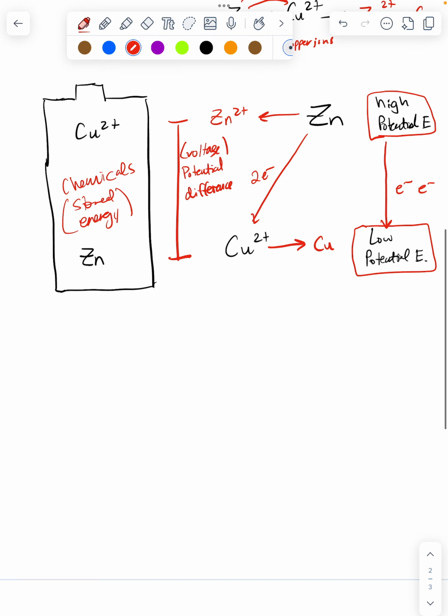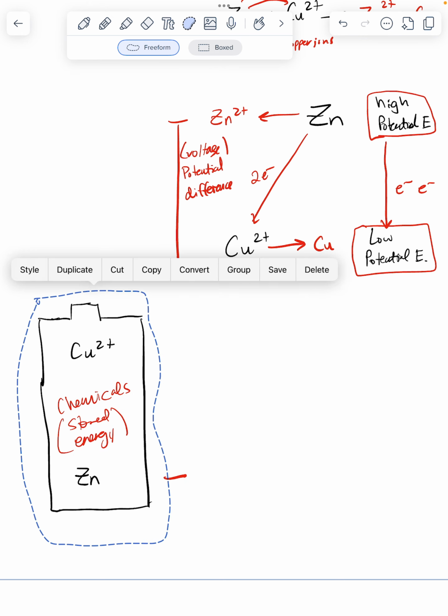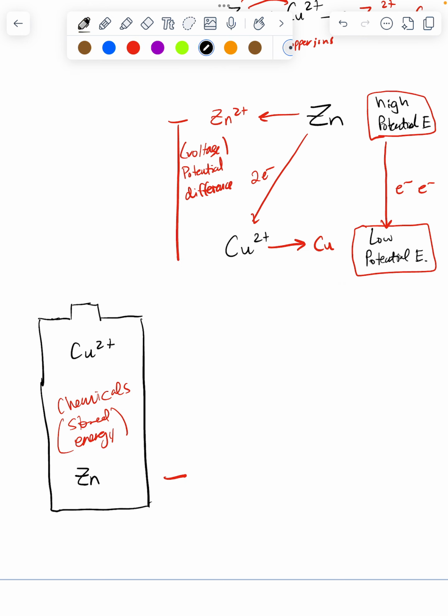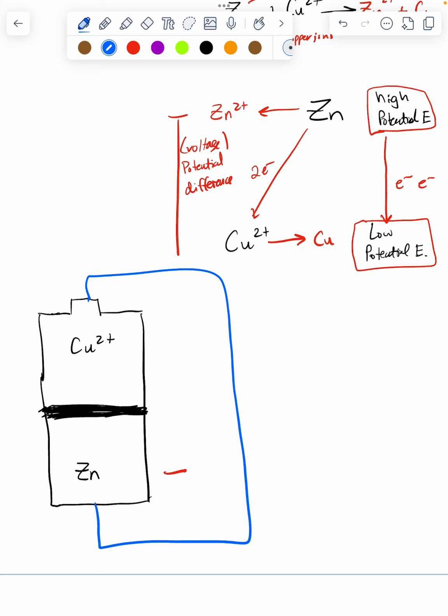So in a battery, the difference, you got these chemicals in here, is that those chemicals can't touch in a battery. So there's a barrier between them. So if I take away this writing, in between those two chemical reactants is a barrier. So they can't touch each other, and therefore the electrons can't flow. But if you attach them with a wire, if I take a wire and I connect the copper ions and the zinc, then,